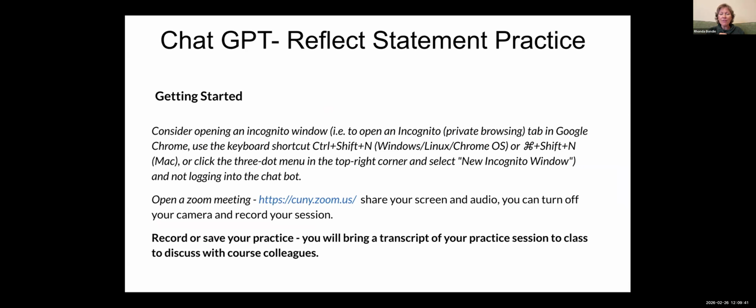So the assignment I have for students works like this. There's three parts to it. There's a getting started part where I ask them to open an incognito window, and I'm asking them to do this to protect their privacy. And then they're going to open a Zoom meeting, shut off their camera, and they're going to record their practice session. And they're going to bring that transcript of their practice session to class